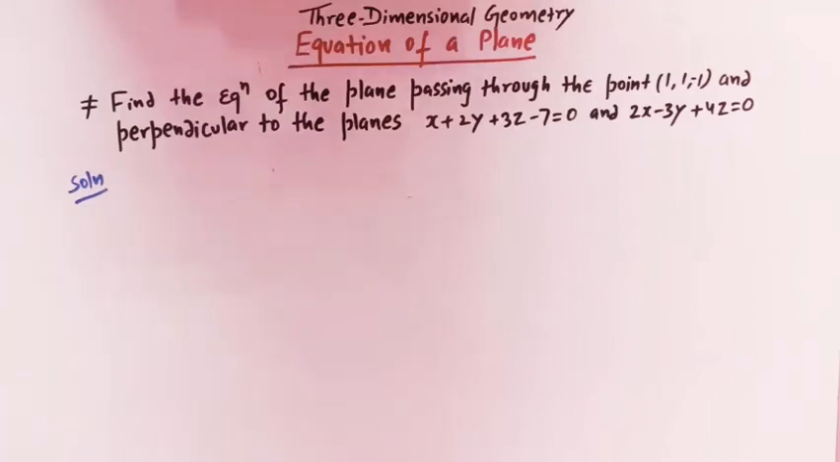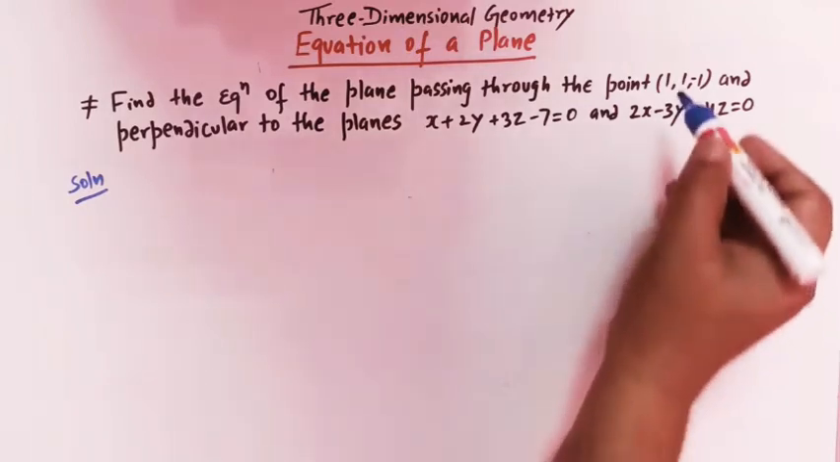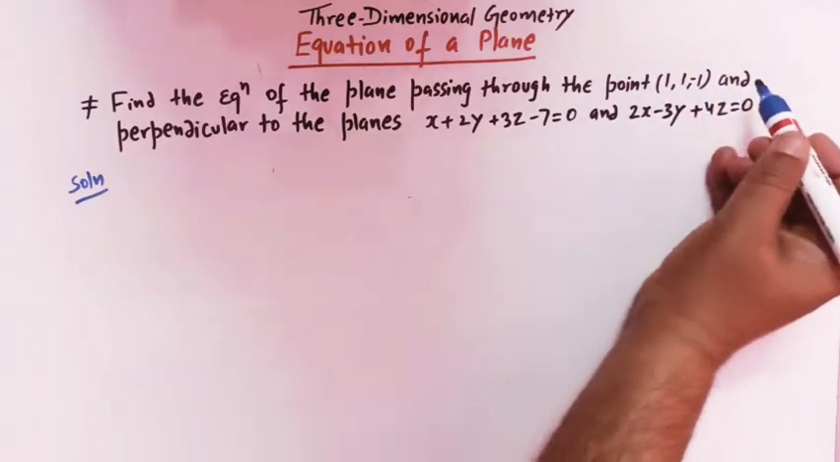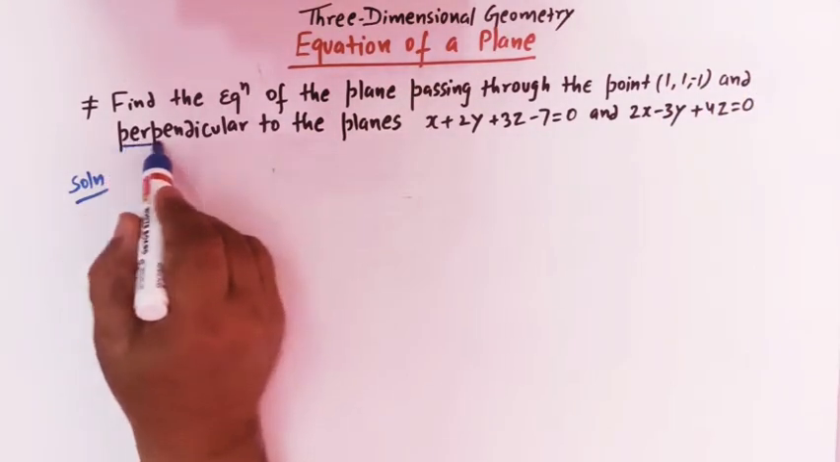Hello viewers, in this class we are going to solve one problem related to the equation of the plane. Here we are given some conditions to find the equation of the plane. So let us take the problem. Find the equation of the plane passing through the point 1, 1, -1 and perpendicular to